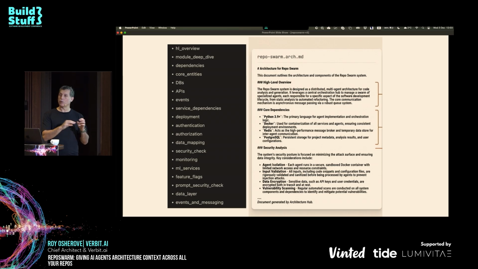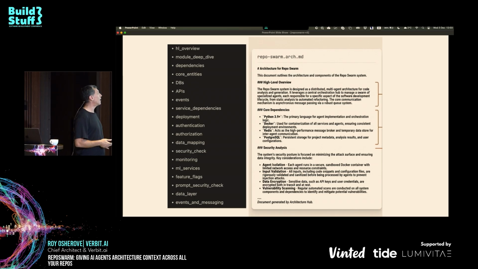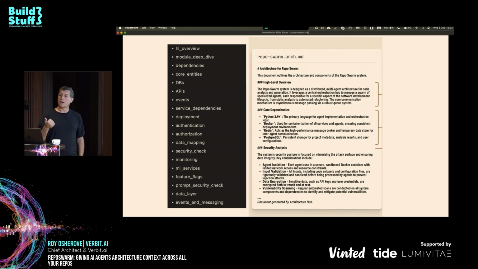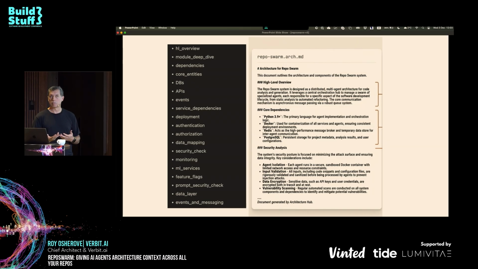And I want to see what dependencies on other repositories we have, as far as I can tell. And for each repository, I try to list the dependencies based on literally the requirements file, if I'm using Python, or any other dependency file. Deployment, I want to see the CI/CD. How does that work? How do we deploy it? Because we want to standardize on deployment as well. In our company, we have multiple types of deployments for front-end, for back-end, etc., but it's not standardized. We want to standardize it.